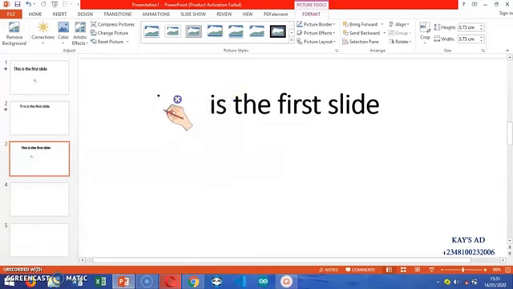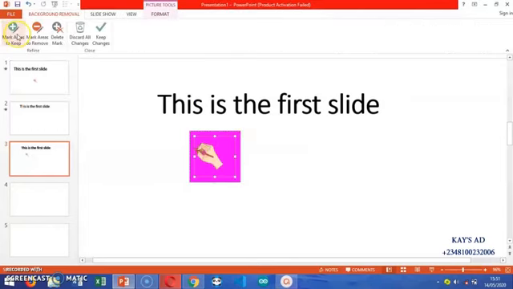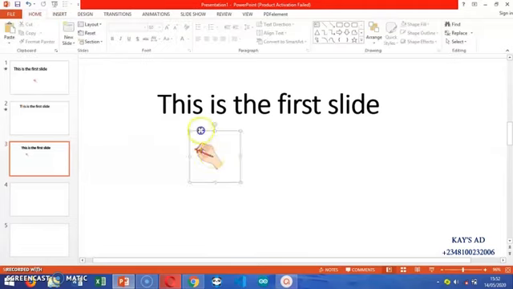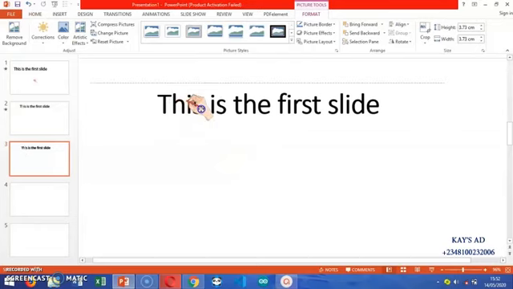If you look at this picture very well, there is a background under it that is blocking the text. When we want to finish the exporting, the text will not come out very well, so we have to remove the background. Let me go to Remove Background. From there you can see Mark Areas to Keep, Mark Areas to Remove, and Delete Mark. So let's say Mark Areas to Keep, or better still, do something like this, and let's see if it's removed. See, it has removed the white background from the picture.